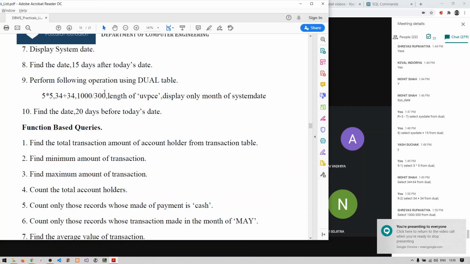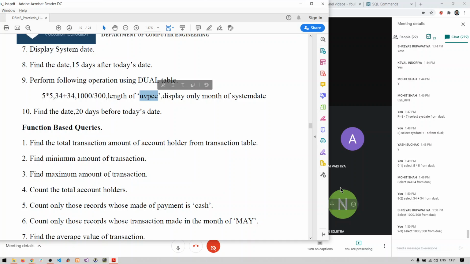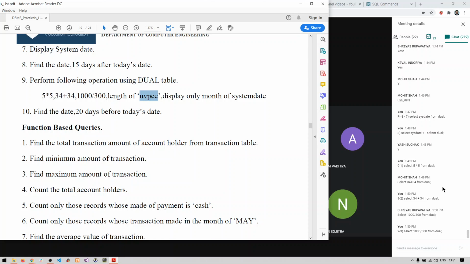Then the fourth one is to find out the length of this particular string. What function are we going to use here? I want to find out the length of UVPCE. Can anyone give me the function name?